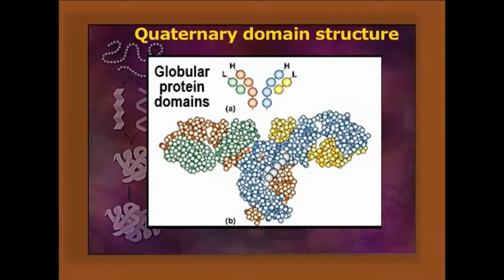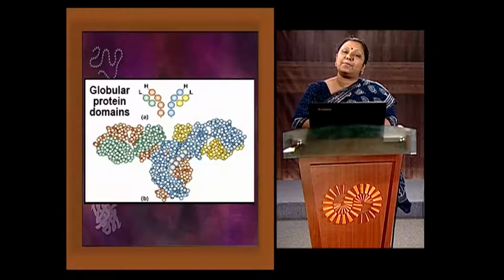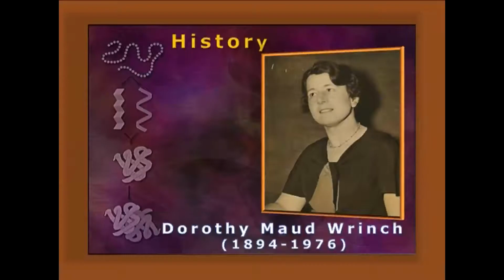If the same types of domain or subunit are present, homo-term is given. If different types of subunit, hetero-term is given. So, that is very much related with the subunit interaction. As we know, Rinch first proposed that the prediction of protein structure is related with the geometry.